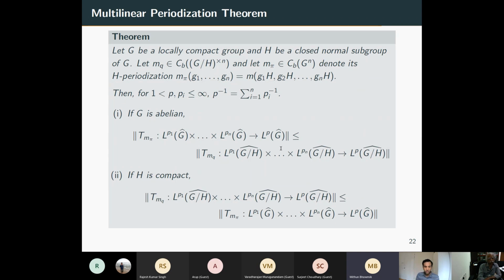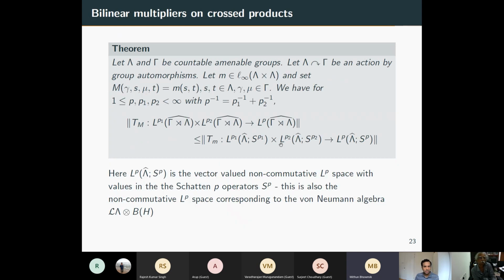And if you want to go the other way, you need a compact group. Okay. So we also have some results about cross products, which is that if you have two countable amenable groups and you have the cross product, with some action of one group on the other,